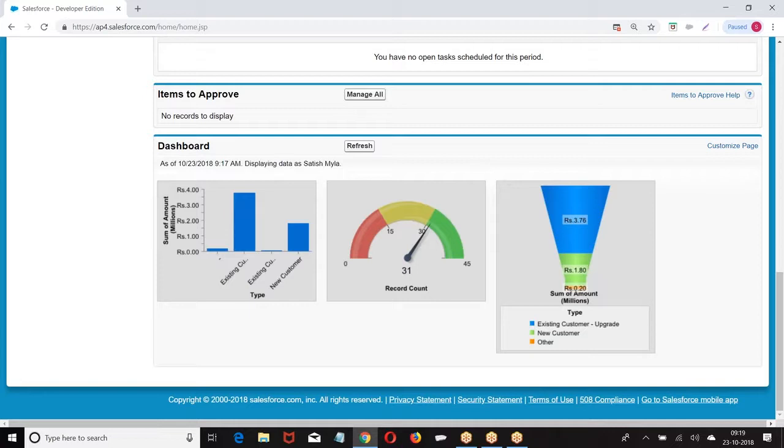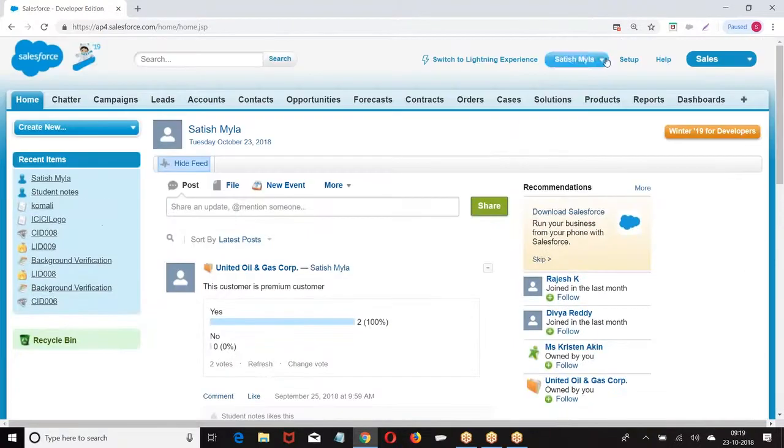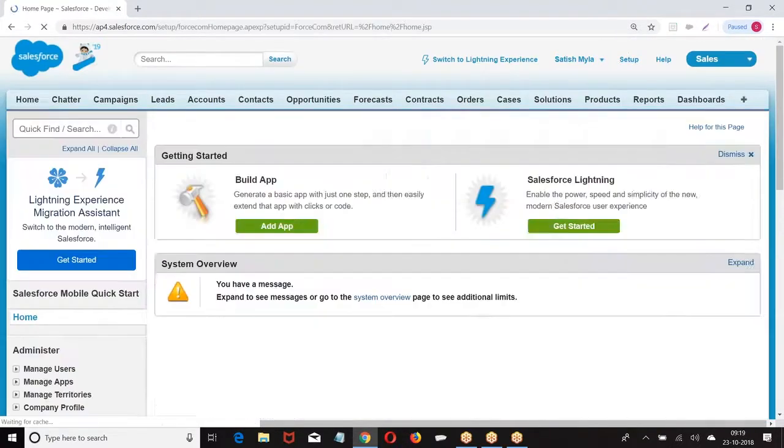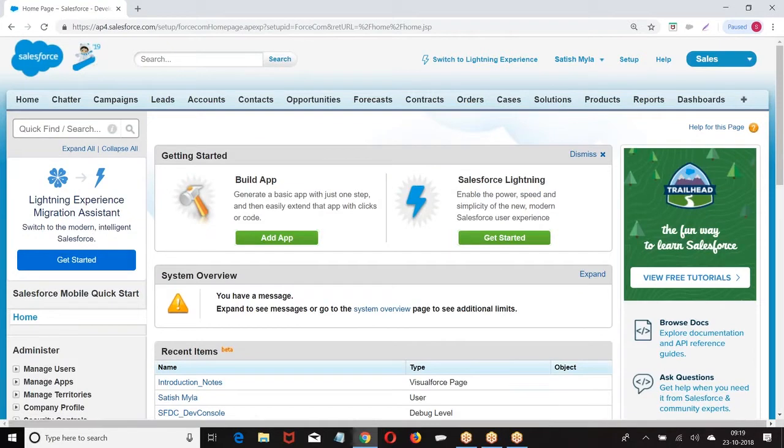What is a community? I hope you are good with this. People are good with this example, right? Dashboards are graphical representations of reports. Okay. Now let us understand the second concept here, that is a reporting snapshot. There is one more concept called reporting snapshot. What is this reporting snapshot? Let us understand.